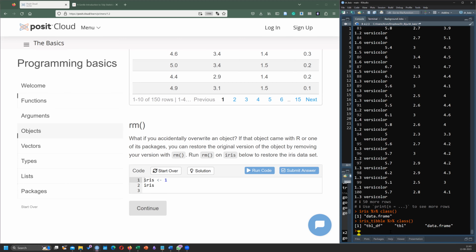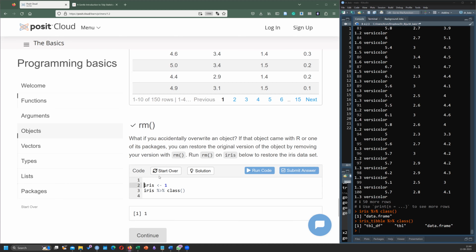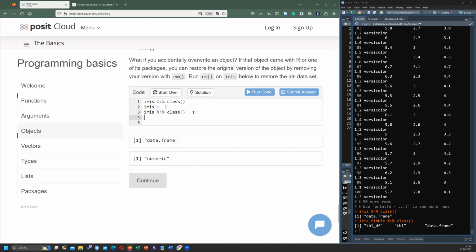Anyway, if you say by mistake 1 equals iris, and then when you ask what iris is and look at its class, you can override things.